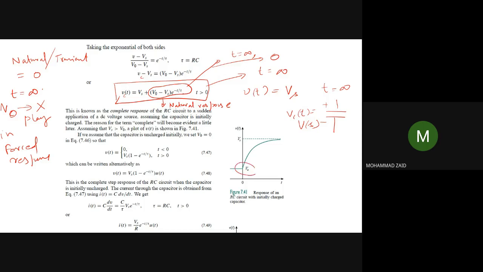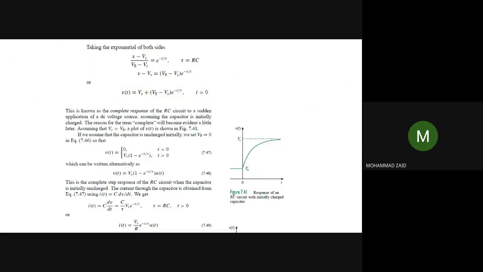As you can see, V naught was there at t equal to zero, and at t equal to infinity there is no term of V naught. So the capacitor is charged to a value of Vs, that is the source voltage. Now this process of charging, if you see this curve, will also depend on the time constant. How fast it will happen depends upon this. Very interesting and important concepts are coming up, so you should keep your concentration.